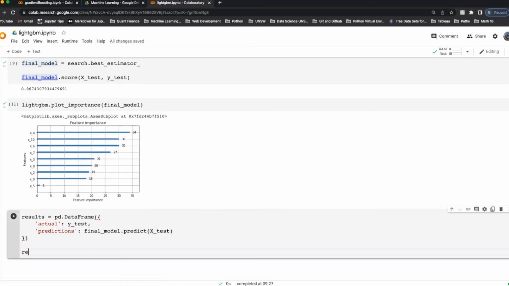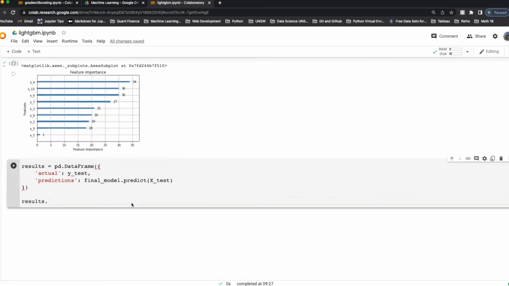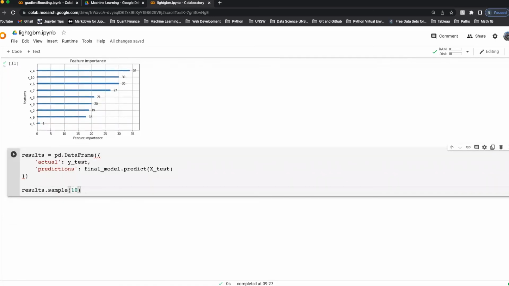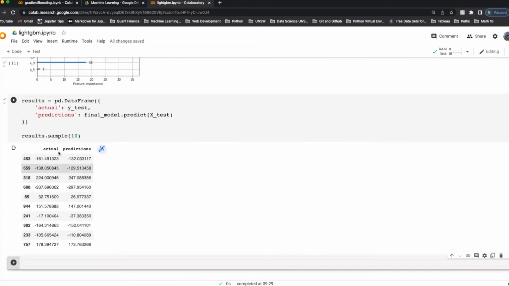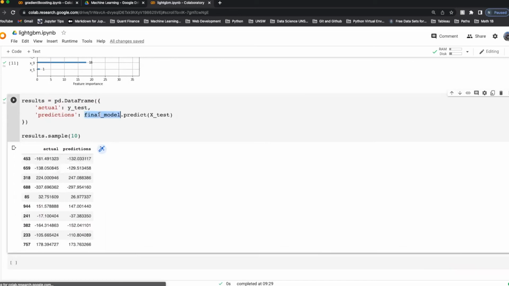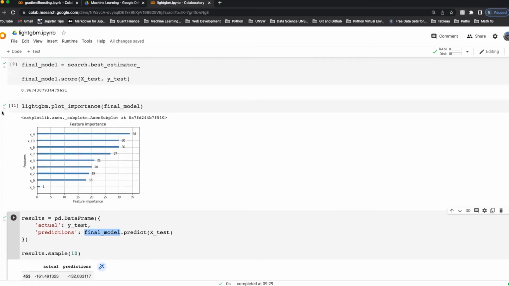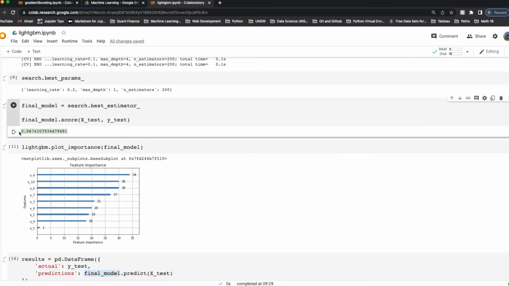And if I just take a look at results, let's just look at maybe 10 random rows of data. And what you'll see here is just some of the comparisons. So basically, this is what the actual value was, and this is what our final model predicted. And you see, they end up being relatively close to each other,